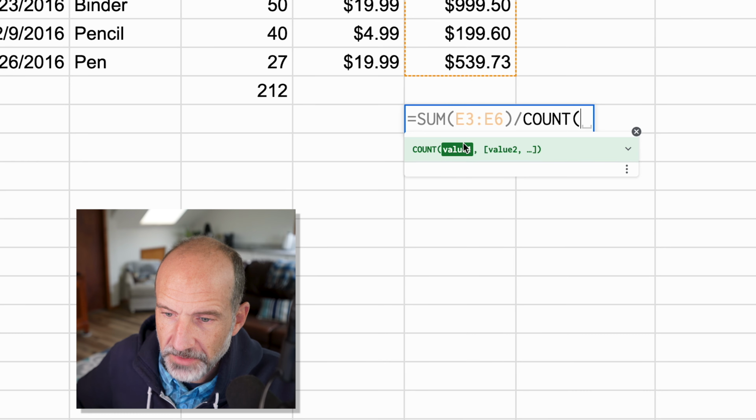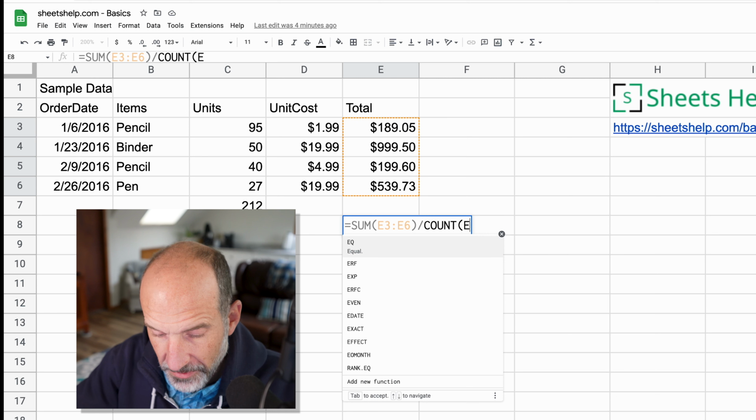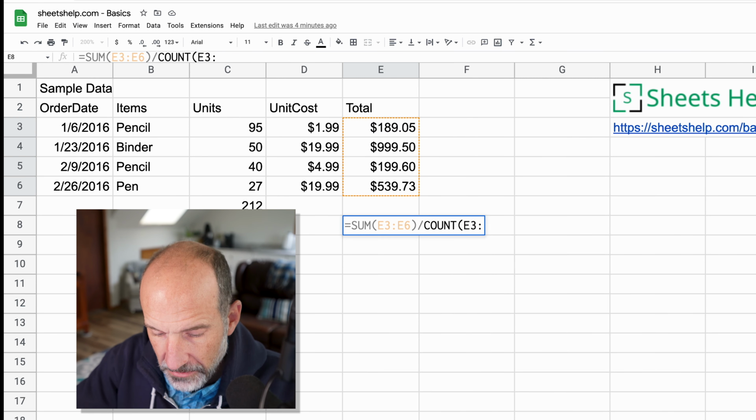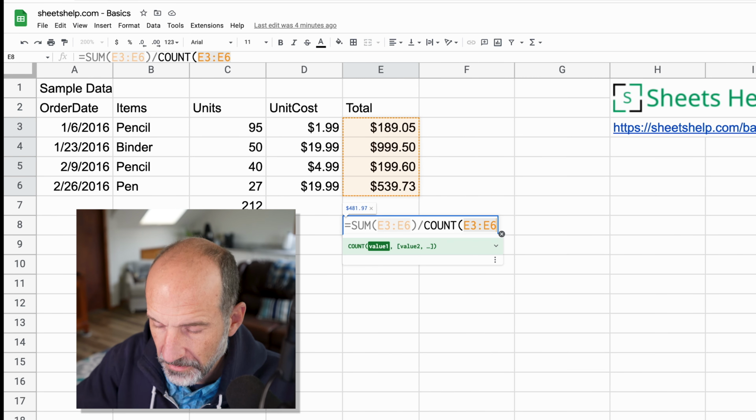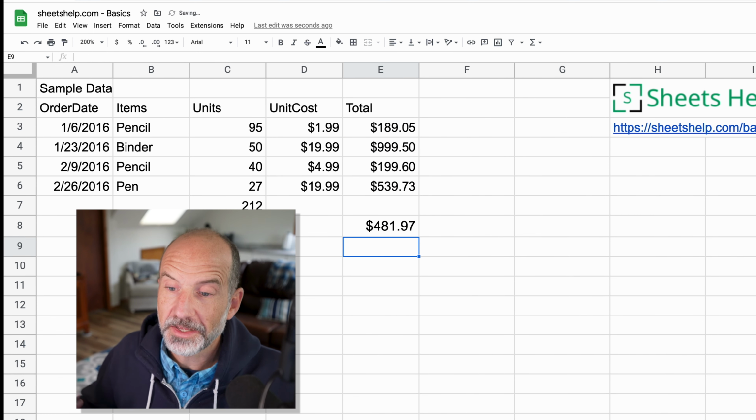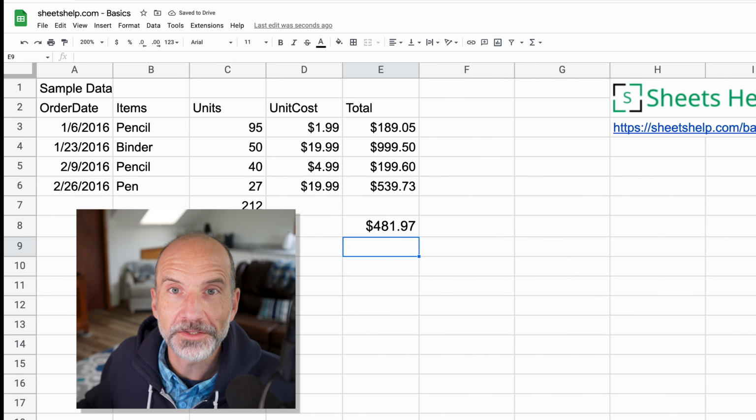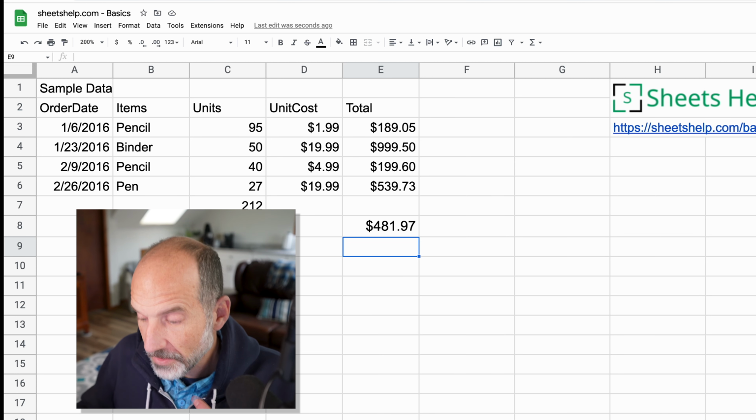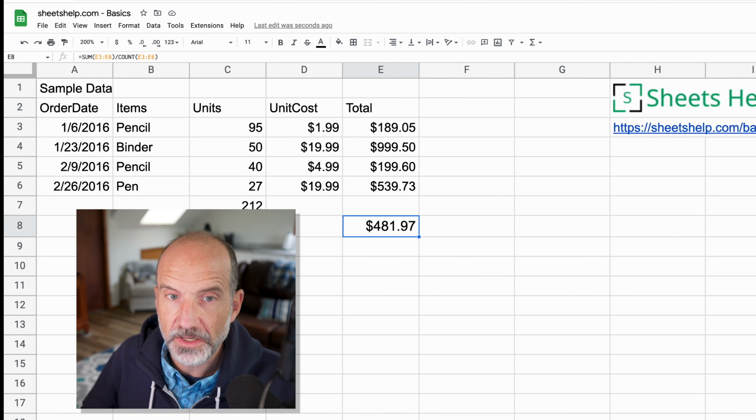So for count, it wants the different values. We're just going to give it the same cell range, and this time I'll just type it in, E3 through E6. Hit enter, and I guess the average is $481.97. Now what you could do, and this is the power of all of these named functions, is